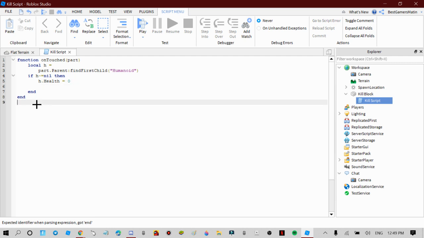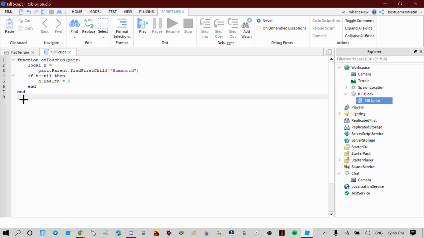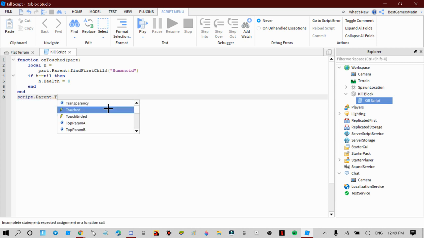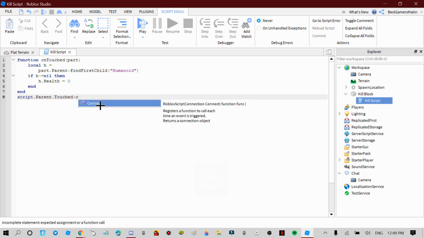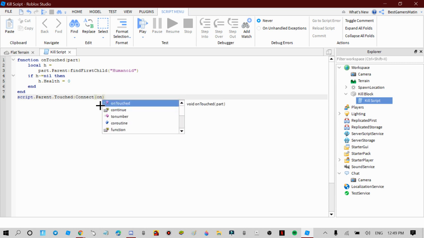And then down here, you want to write script dot parent dot touched connect on touched. Then close that,